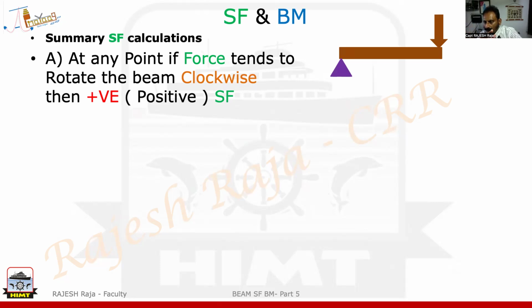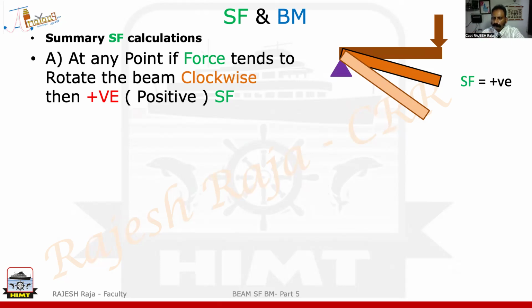And when you start looking at, let us say, the forces on left or right, you will realize one thing that is going to happen here. If you look at this place, please see what this beam can do. It is able to rotate clockwise. And when it is able to rotate clockwise, you will realize that you will get something called positive. This is the second method. If you are confused with this, please don't do this. Please use the normal method which I am teaching you. But this is the second method. This is also a method.